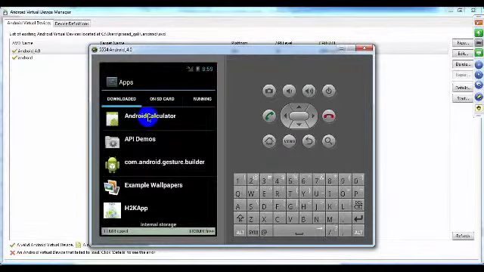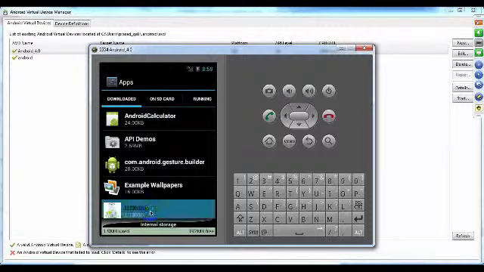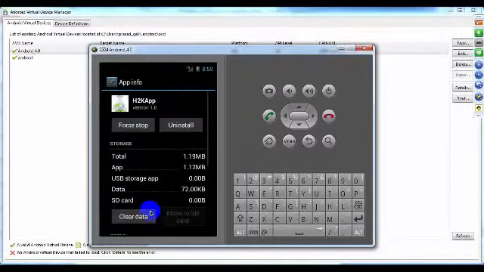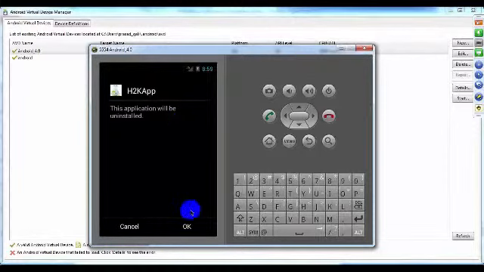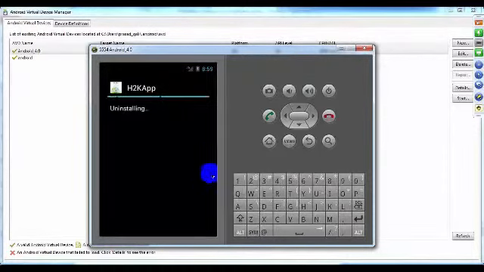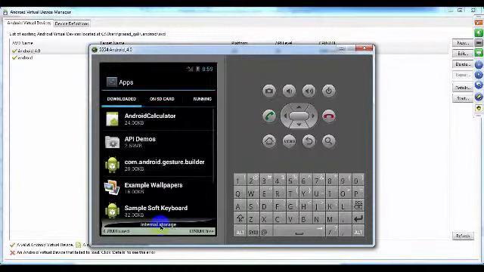So how we work in the real device, the same manner I will do here. Click on this H2K app and then uninstall it. That's it. Uninstall. How we do it in the real device, same thing I am doing here also. The only thing is, it is not the real device. It's a virtual device. That's the difference. Other than that, almost everything will be the same. Like here, this is not having any phone number, so it's a virtual device. But a real device will be a little different. Okay, fine.